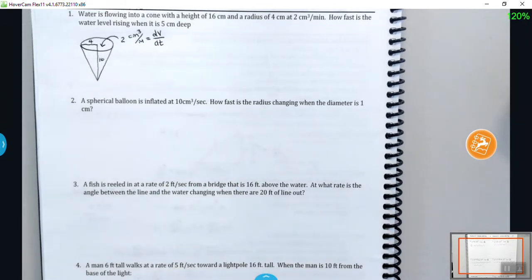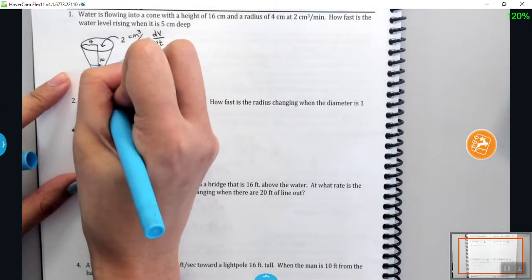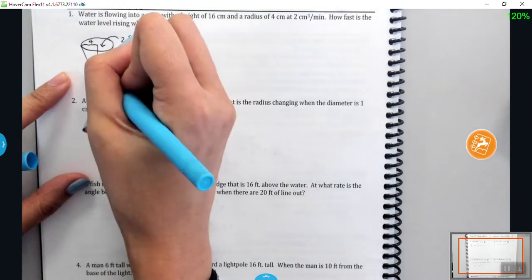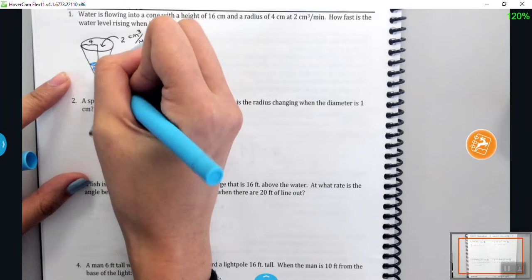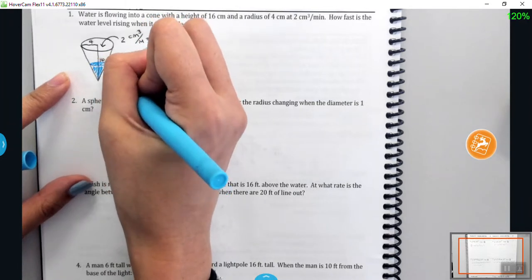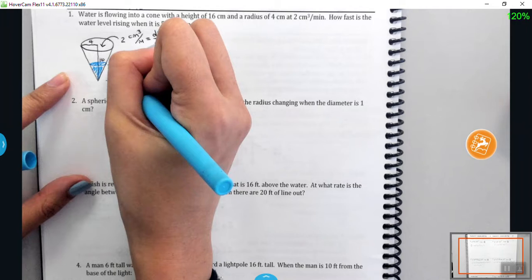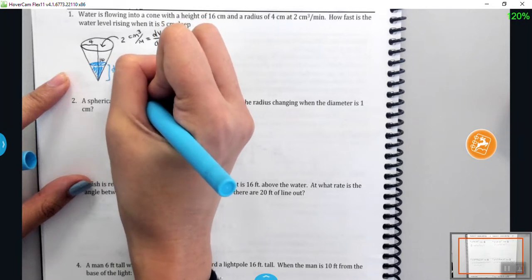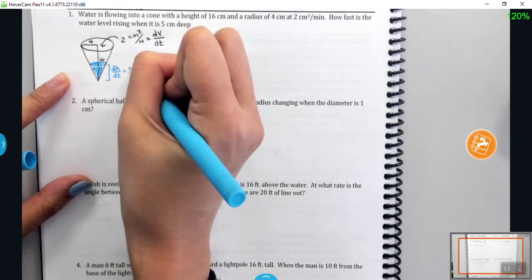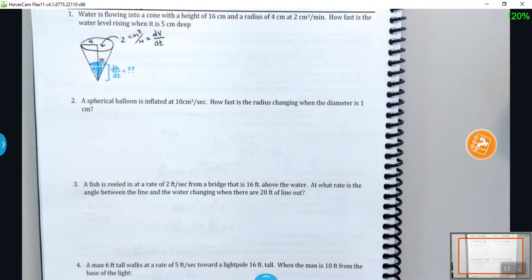So if you've got water in here, it's dH/dt, because the water level rises. So there's like little water in here, and you're looking for this, dH/dt. Good job. Okay, how fast is the water level rising? Okay, let's begin. Let's start with